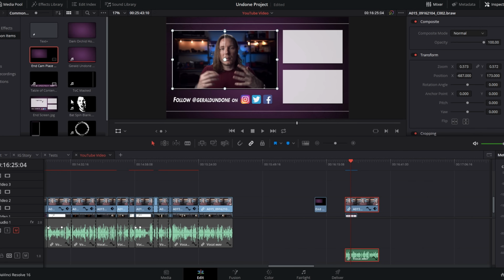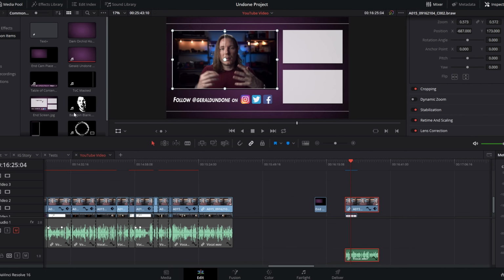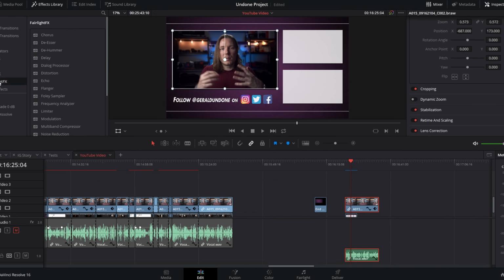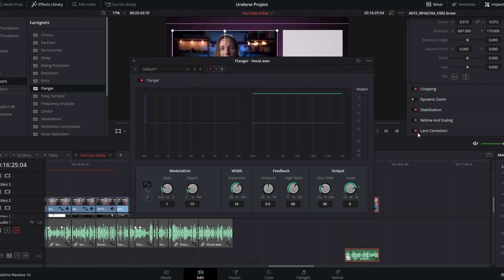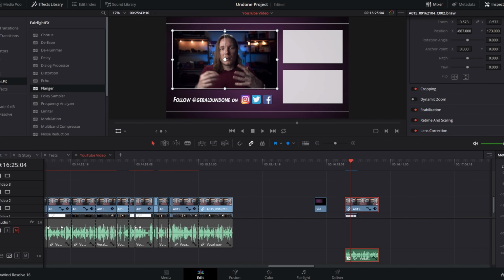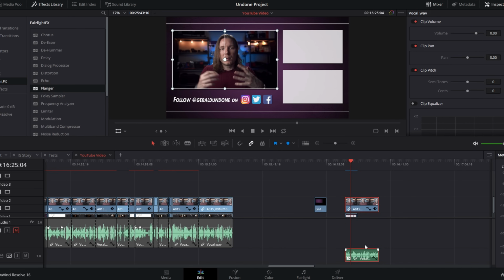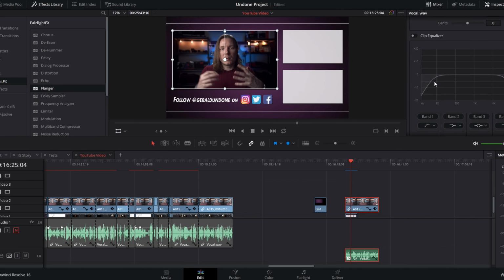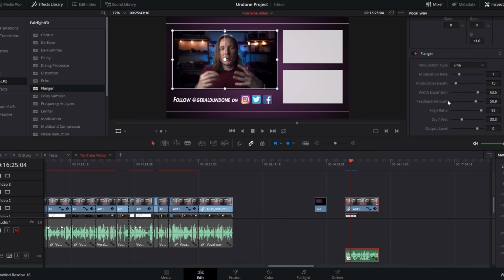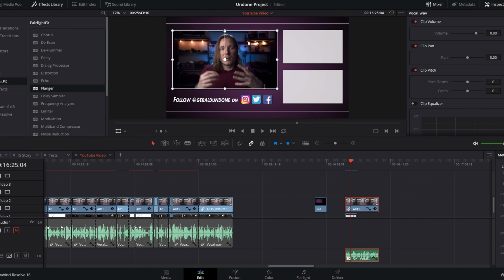So I wish that there was a preset for things that are going on in the inspector, because say for instance that you were using some audio effects, like you went and did effects here in Fairlight, and you had, I don't know, a flanger, sure. So you put the flanger on your audio, and then you set it, you turn all the knobs, and you put it exactly how you wanted. You can set a preset in here by hitting plus and assigning a preset, but you can't set a preset in, if we click on this thing and we view the inspector, you've got your pitch, your equalizer, and then we've got the flanger. I wish that there was a way to make a preset for all of these things,